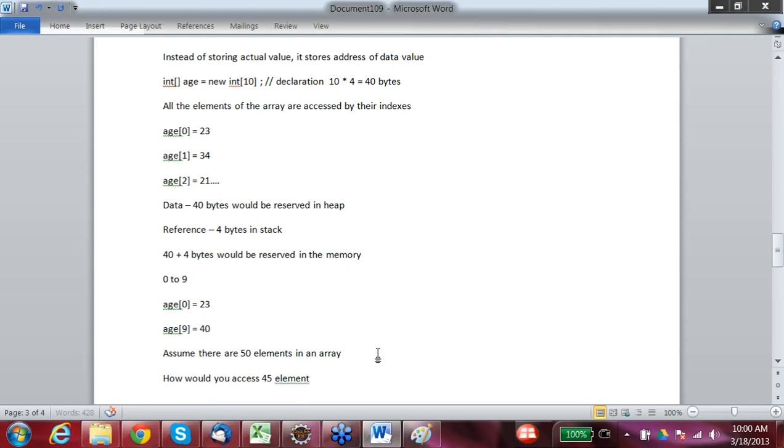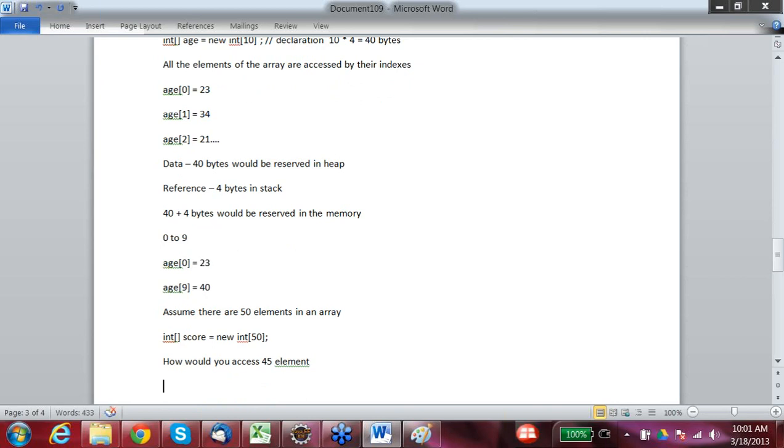Let's say I'm declaring an integer array, the name is score, so score is equal to new int 50. How would I access the 45th element? I want to change the score of the 45th element to let's say 85. So what statement would I write?